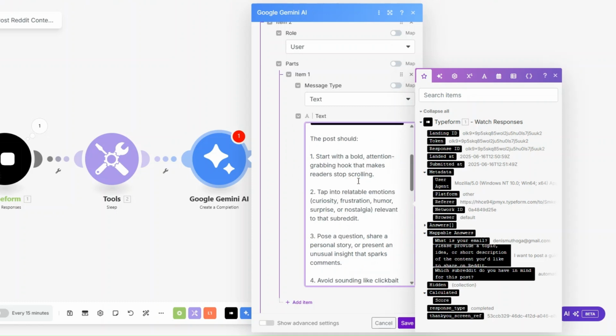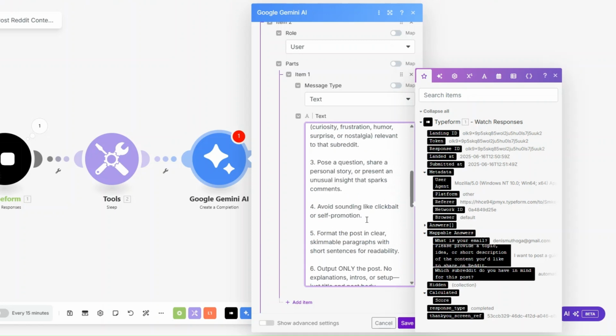The post should start with a bold, attention-grabbing hook that makes readers stop scrolling. And then number two, we're telling the AI to tap into relatable emotions. For example, these emotions right here, to that subreddit. We're also telling the AI to pose a question, share a personal story, or present an unusual insight that sparks